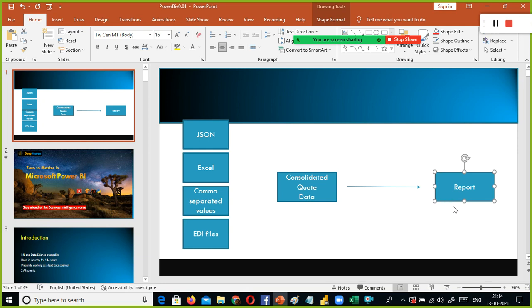So business intelligence is nothing but the set of processes and the tools, the BI tools, using which we can glean the information from the source systems in the form of dashboards and reports, to gain actionable insights. With these insights, we can help the management or the stakeholders make strategic or tactical decisions at the right time. Making the right decision at the right time is very, very critical.